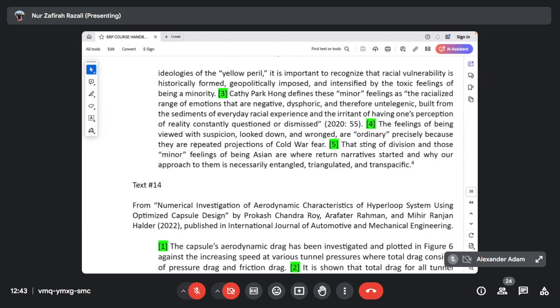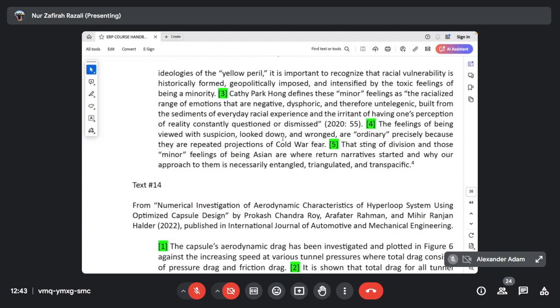Repeated projections of Cold War fear. So as we can see, the prepositions involved are the preposition of. Okay. Finally, that sting of division and those minor feelings of being Asian are where return narrative started and why our approach to them is necessarily entangled,